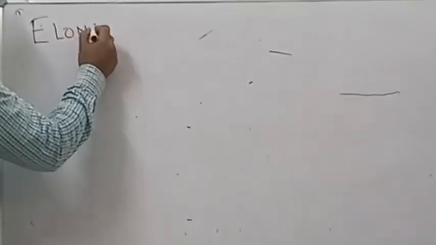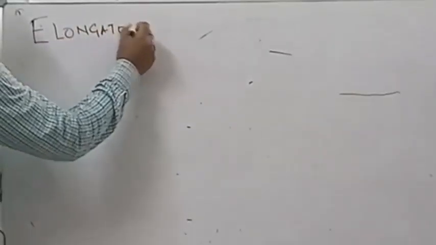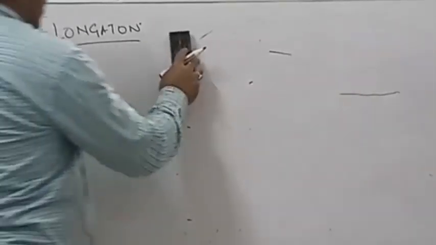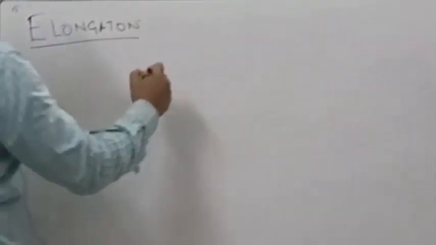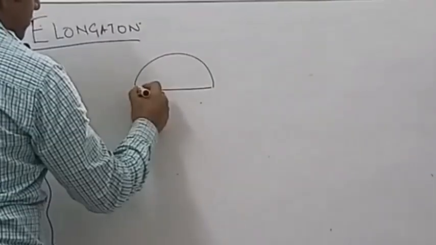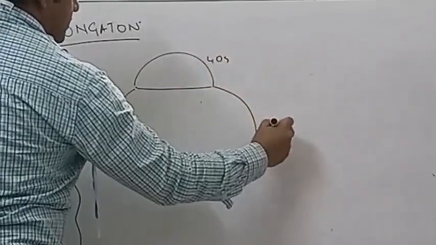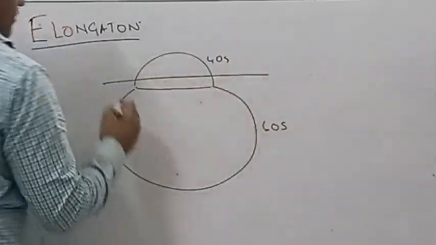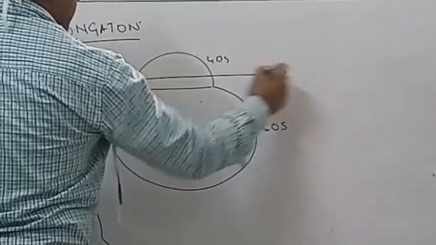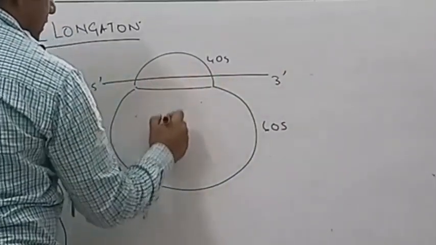Fine. So next let us go into the step of elongation. Elongation is quite similar to what you have studied in prokaryotes, so there is nothing to explain in a newer way. What I just want to show is this is the 40S, 60S, and this is my mRNA.